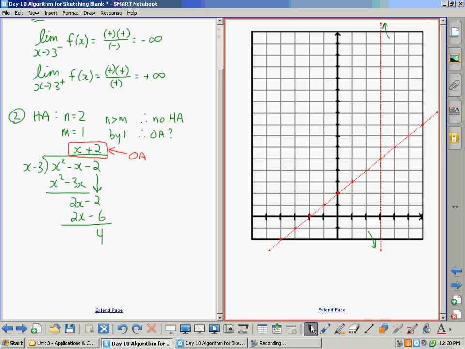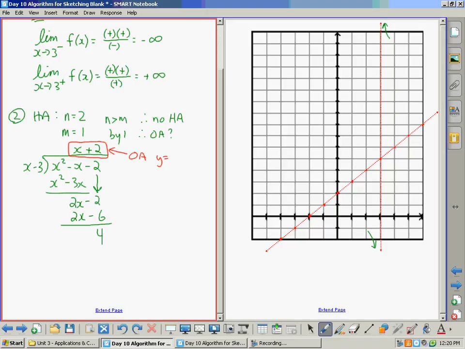Maybe just adjust it a bit. Of course, your ruler is going to be much more accurate than mine. And we have that. Now, as we recall, last unit, we didn't have a way to determine whether this oblique asymptote was coming from above or below, but we did learn 2 days ago that we can use the directrix. And so we have the directrix being the remainder